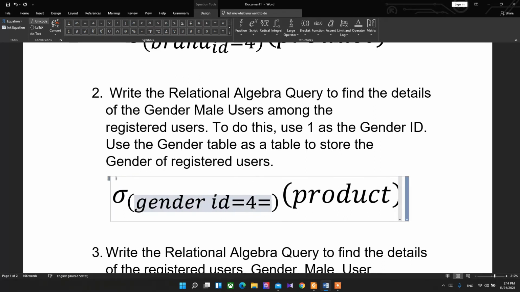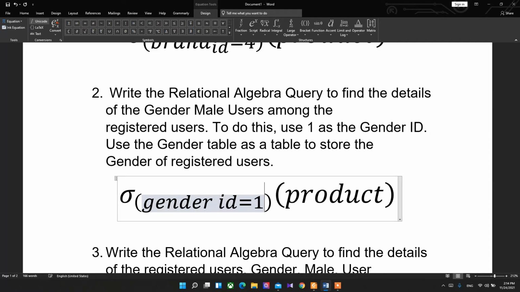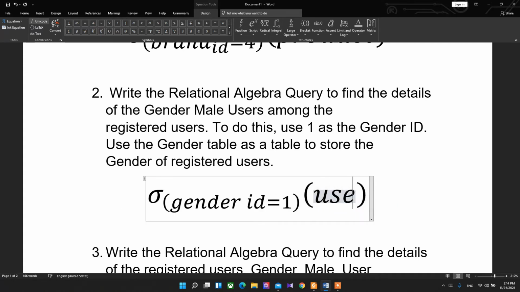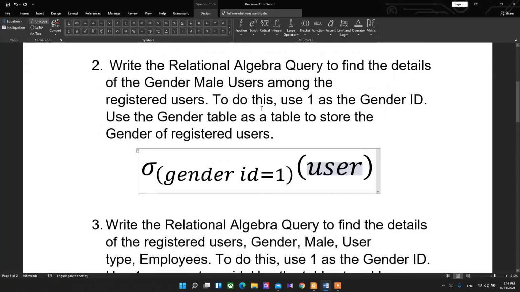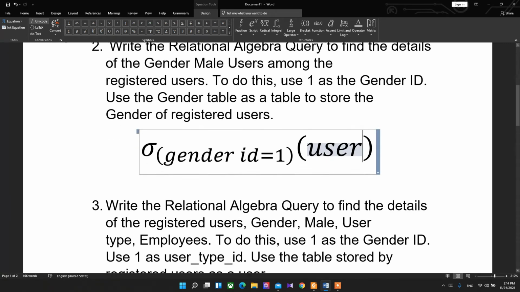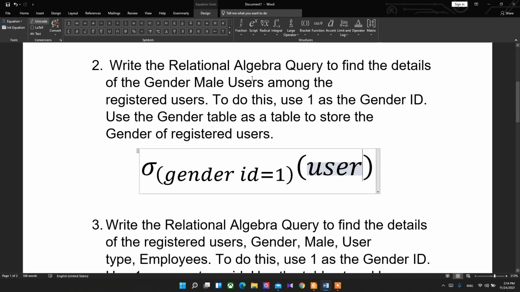It is equal to 1 for the males, and we have to specify the table, which is the user table, and that is it for the second one. Find the details of the gender male users among the registered users. So user table and the gender ID equals 1.